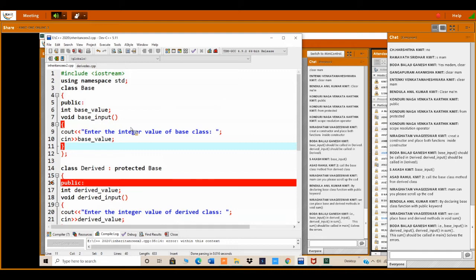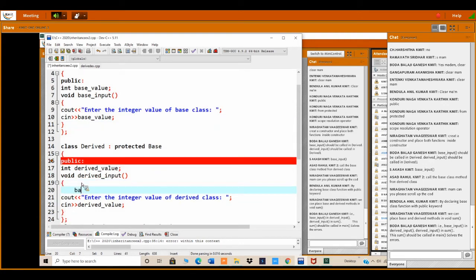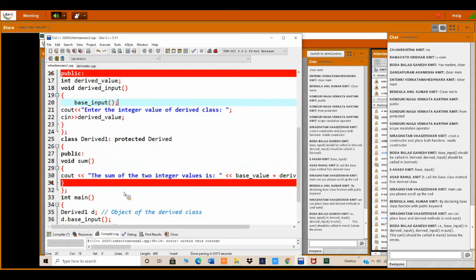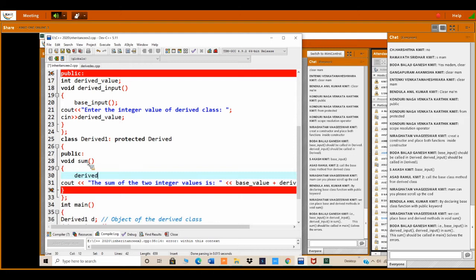Now, the solution Ganesh gave me, I am applying. To access base, just call the method in my derived. He asked me to call it in sum. Derived